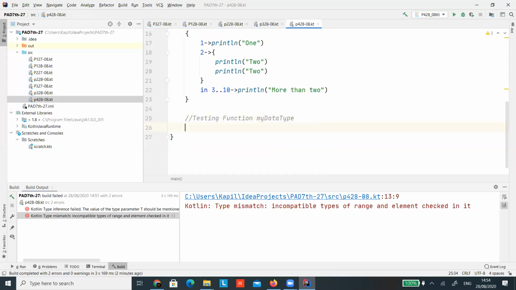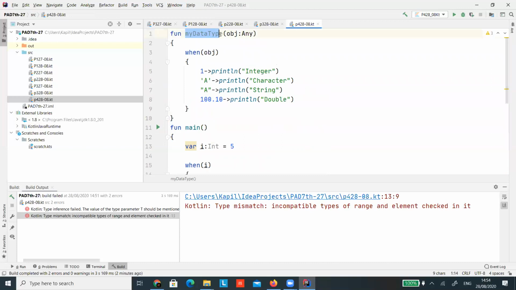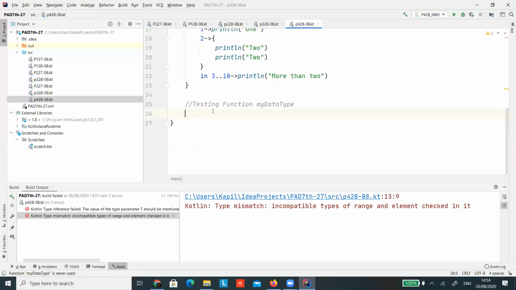Here you just need to call the function: my data type of 1, same way my data type of A in a single quote, same way my data type of A in double quote, and then 10.